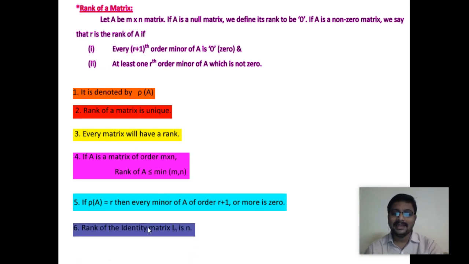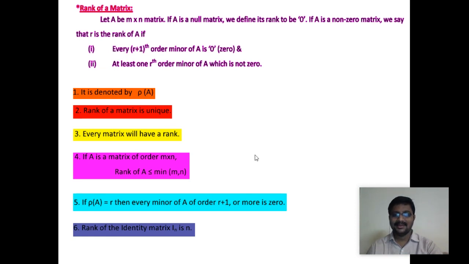Now rank of the identity matrix In is n. Suppose I1 is an identity matrix, that is a matrix involving only one element, that is 1, then whose rank will be 1. Suppose I2 means the unit matrix, that is second order unit matrix, that is matrix involving 1 0 0 1, whose rank is 2. Identity matrix I3, so matrix of 1 0 0, 0 1 0, 0 0 1, whose rank is 3. In general, the rank of identity matrix In